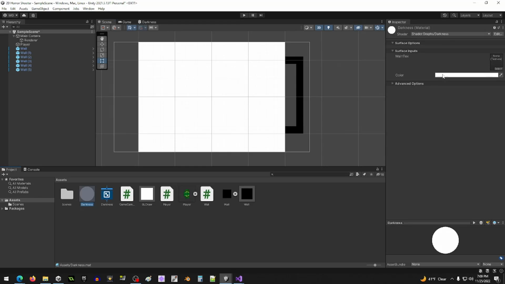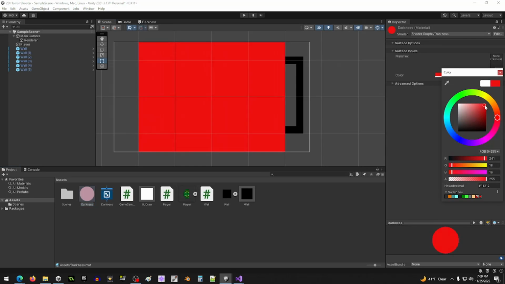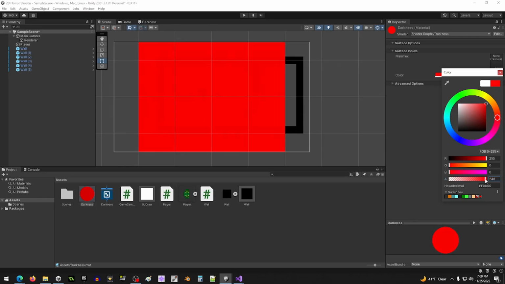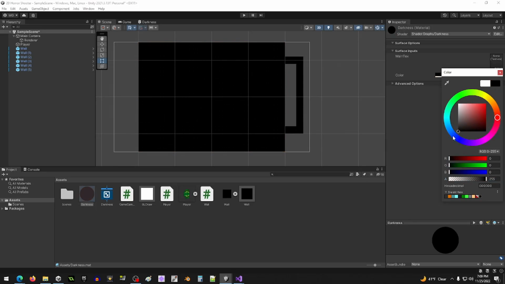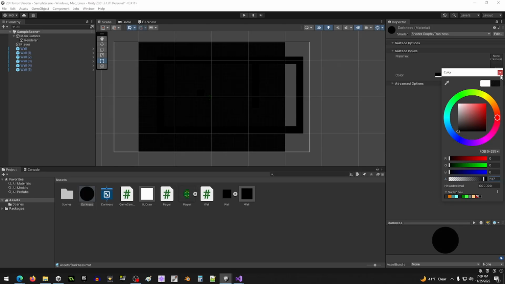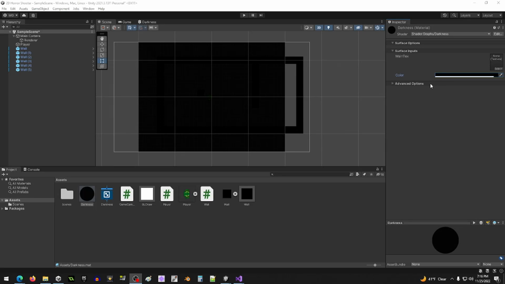If we go to our material, we can change the color here in our material now. And we can even set our alpha. And since this is darkness, we're going to make this black. And we control the darkness using our alpha channel. Since we can control the darkness using the alpha channel, we'll also use the alpha channel to make lighting in